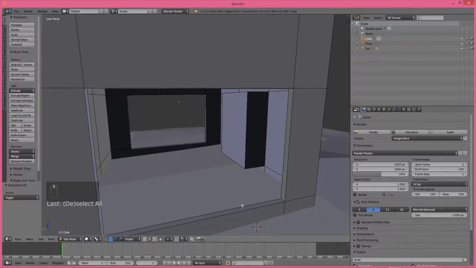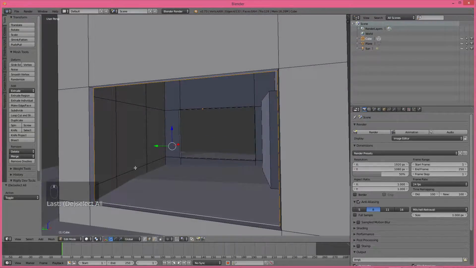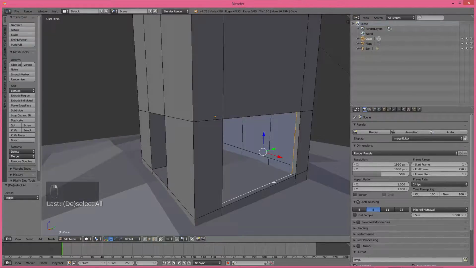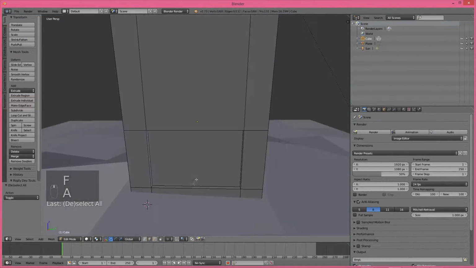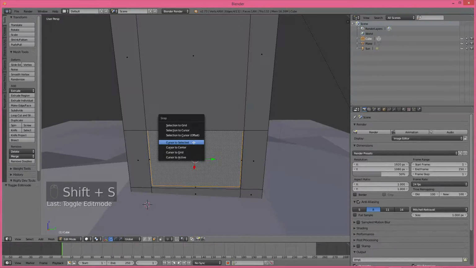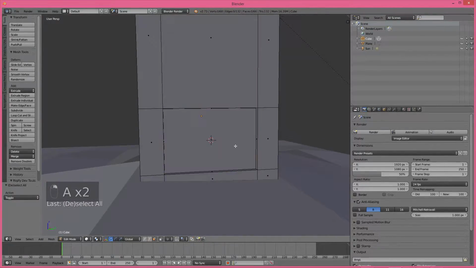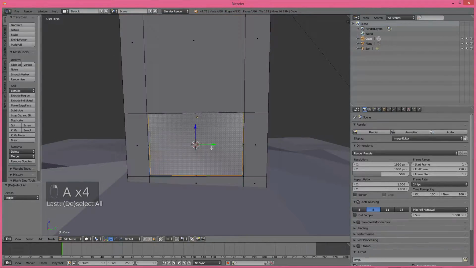So let's try to select this here and press F. Same goes here, so Alt, right click, press F, and let's try to add some details here. So select, go to edit mode, select this face selection mode, and right click on this face here. Now Shift S and cursor to selected, so that will bring your 3D cursor to the center of this face. Okay, so deselect by pressing A,